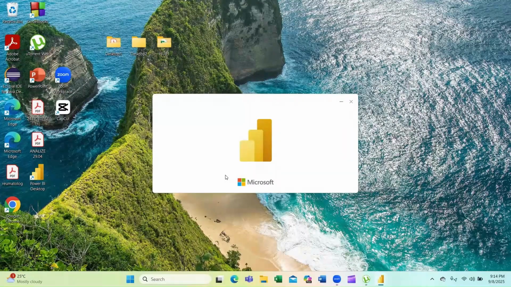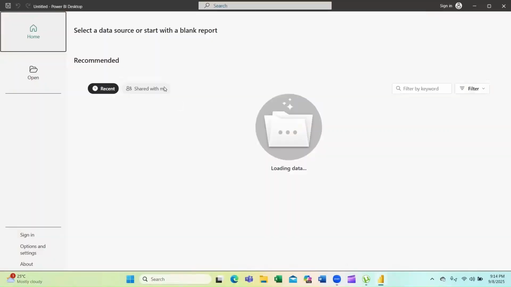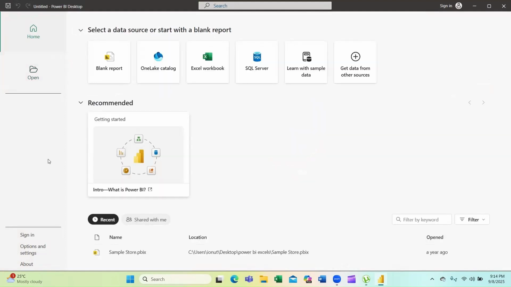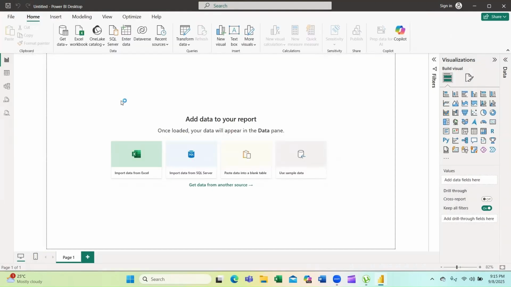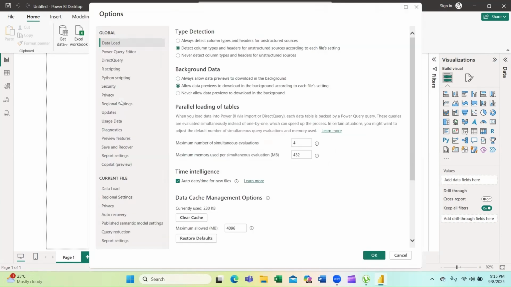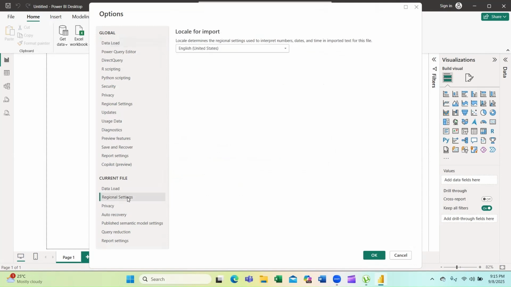Today we will discuss how to fix errors in a Power BI dataset. For that, the first thing I will do before starting the project, because I will work with dates, is make sure that in Options and settings I have the right date format for dates. To correct and check that, you have to go to regional settings,